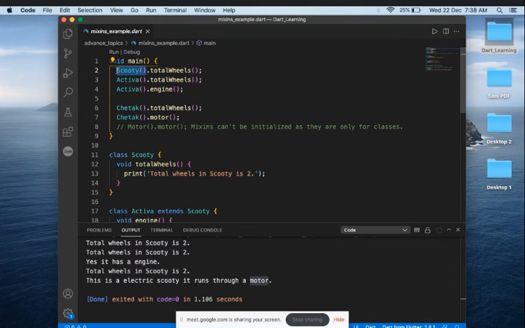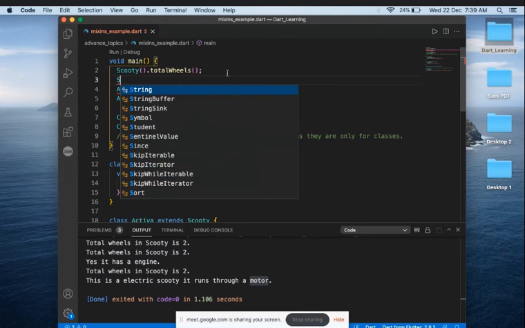As you can see here, we have used the class name dot total wheels. We can see here scooty dot total wheels. As this function is independent of any variable or object, we can use this without creating any object. We can also use it by creating an object like